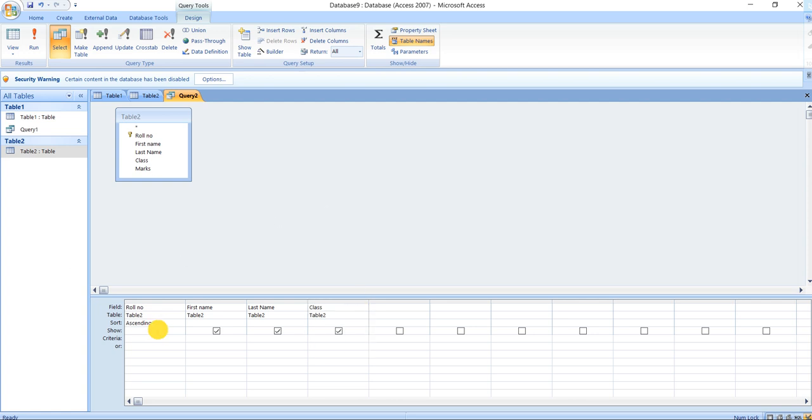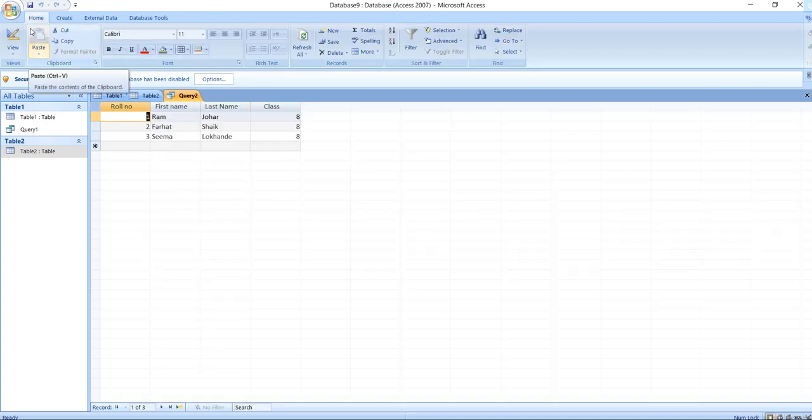See here, you can see a tick mark. If you want to show, you can show. Now these fields I have selected, so we have specified the criteria whichever we want. Now in my result option, I am saying run. Once I say run, see here: roll number, first name, last name and class.